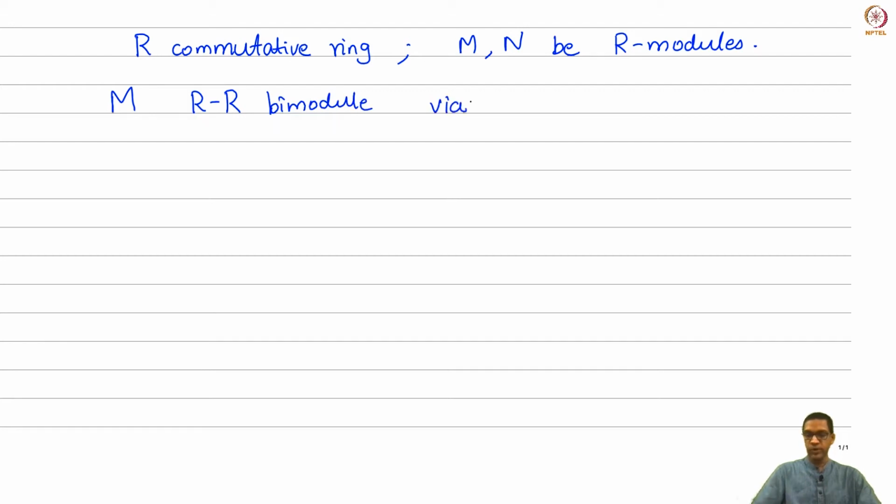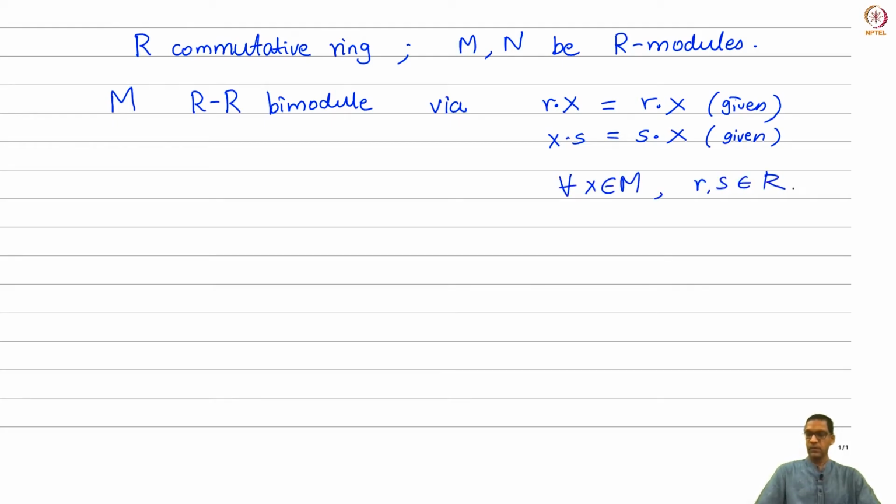Via, well, what's the bimodule structure? It's just the same action. So the action on the left is the given action. Action on the right is just the same as the given action, just think of it as multiplying on the left. Okay, and we had seen this before, that because R is commutative, this makes M into an RR bimodule. Okay, now the point is, the